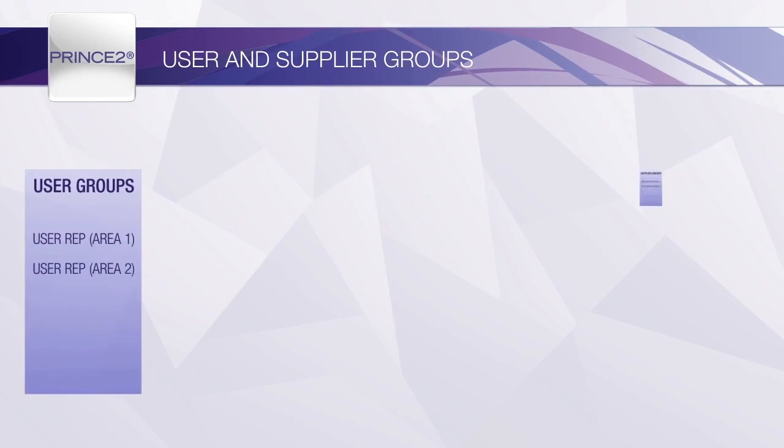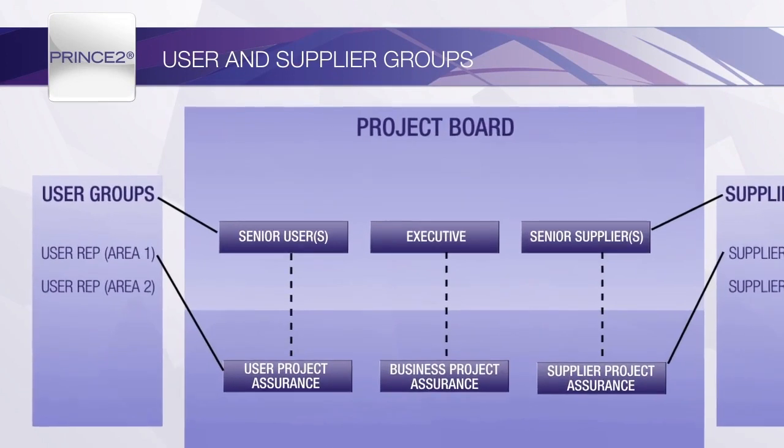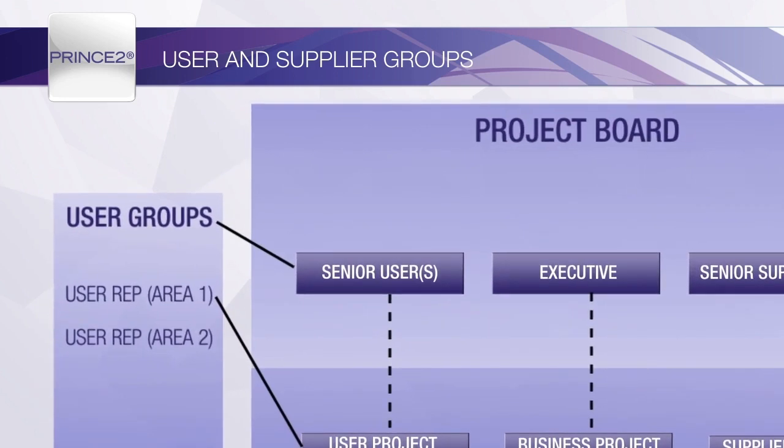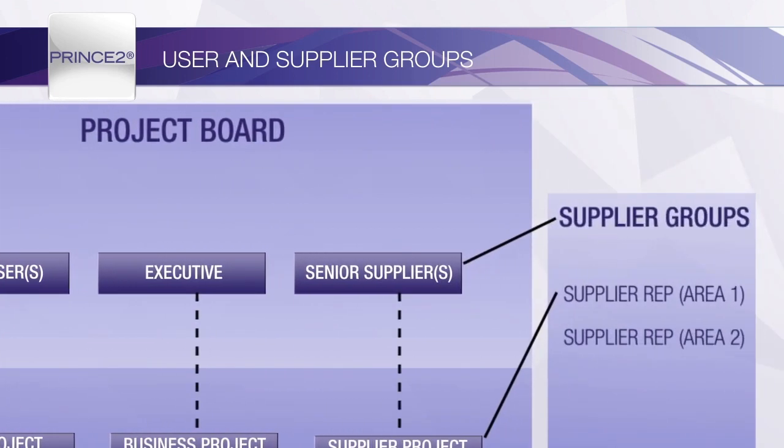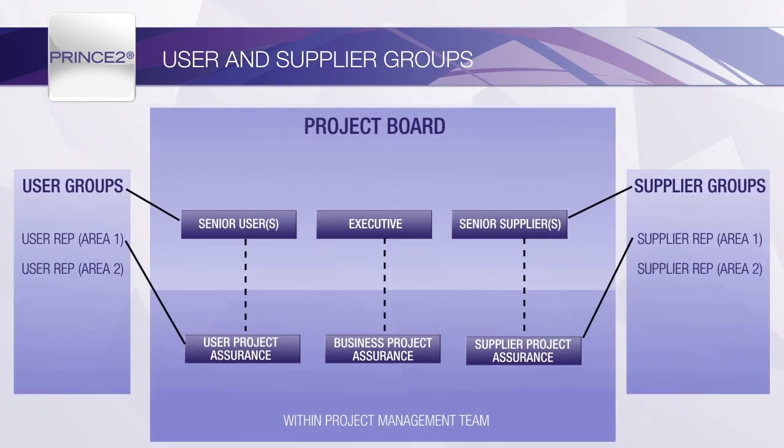Where there are many different organisations or groups that need representing in the project, the use of user and supplier groups should be considered to help keep the project board from becoming too large. For example, a user group would be set up to involve interested parties from stakeholder groups such as HR, management teams, or local community groups. A supplier group would be set up to coordinate a number of specialist supplier organisations who are assigned to the project. Those assigned to such groups could have some project assurance responsibilities delegated to them, so as to give them more direct involvement. This can help promote stakeholder engagement.